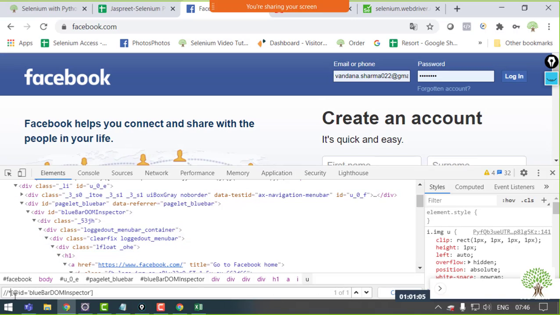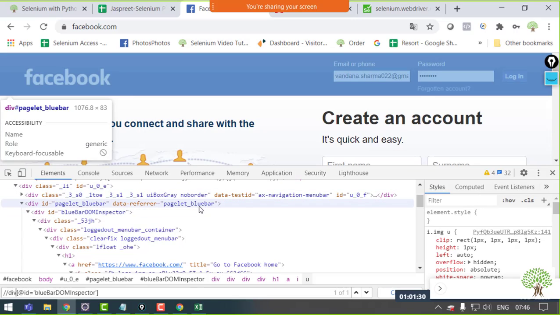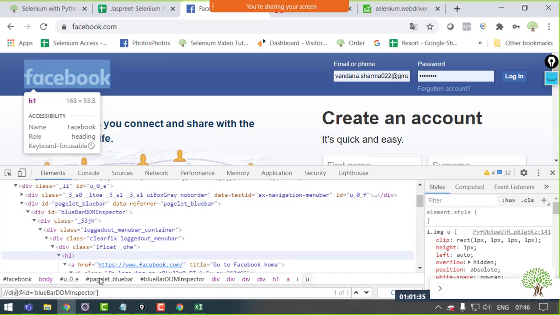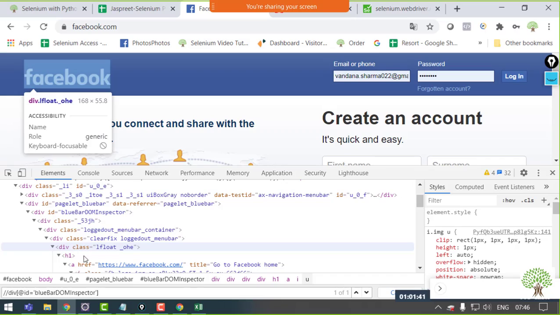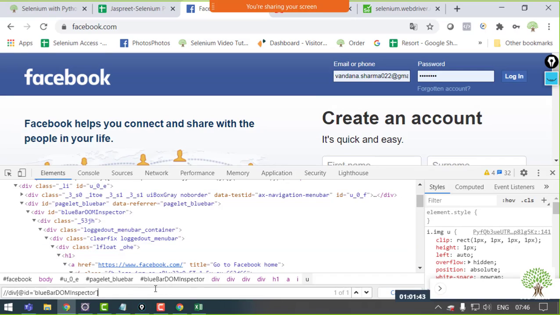inspector screen or something. But over here, this is the way that you will start the partial XPath with the element which has the tag name and the attribute ID or name specifically. Preferably it goes with ID or name. You can use other attributes as well, like the attributes which are given along, like this data reference given, the same way you can use them as well, but ID and name are preferred. Then again you need to follow /div /div /div. Fine, you need to do that, so I'll just follow it.